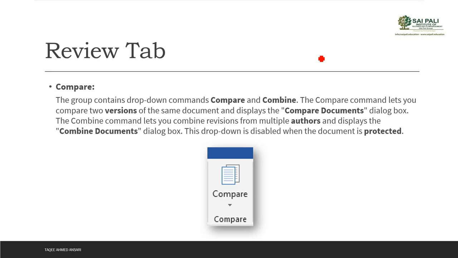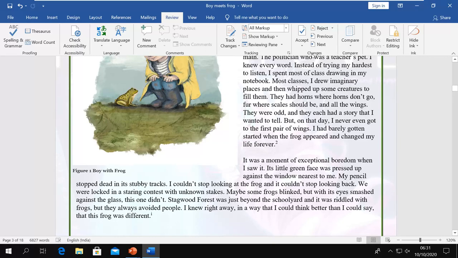Now when I have not started the track changes, so I don't know what was there, so I cannot do accept and reject there. So I can use this compare command to compare the original document and the changed document. And then also we can combine those documents, accept and reject those changes, and then we can create a new document with those reviewed changes. So suppose I have some changes here,